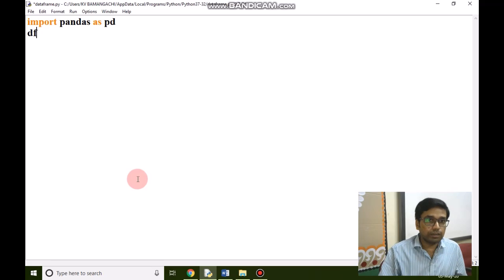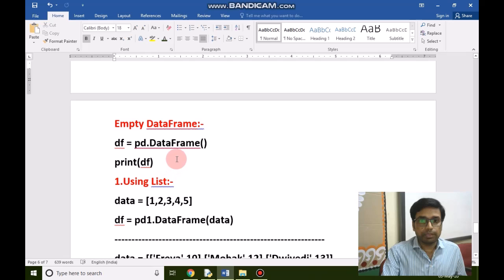I'm giving a name to the DataFrame, df equal to pd.DataFrame. Just look here, DataFrame is a function, so the brackets sign.